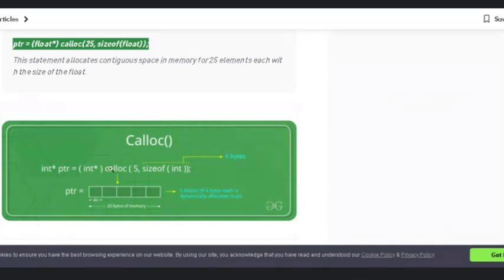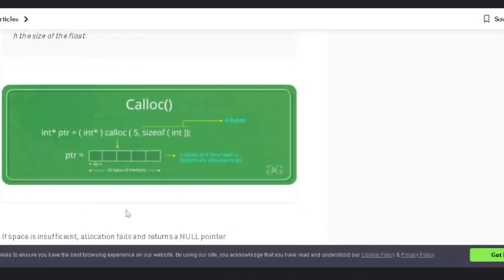But the main difference is in the memory allocation, as you can see over here. Blocks of memory have been specified. Total 20 bytes of memory is allocated, but each block of 4 bytes is formed. So in total 5 different blocks are formed, and each block is initialized with a value of 0. So total 4 bytes will be there. Again, another block of 4 bytes will start with 0.